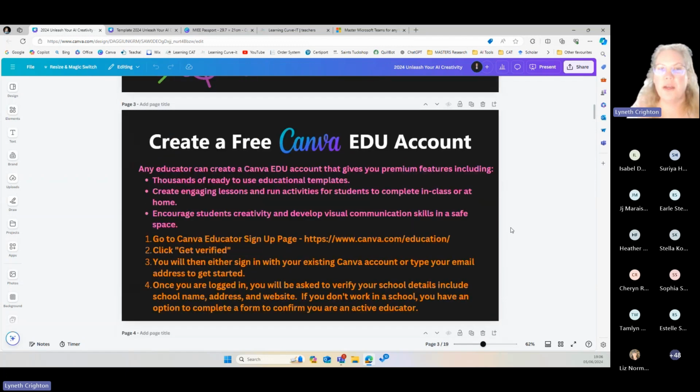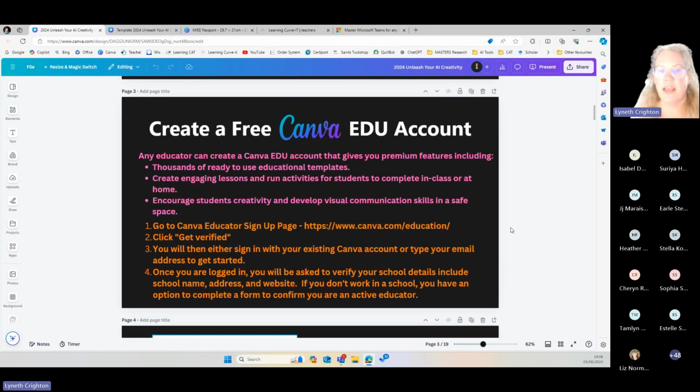The first thing about Canva is that it's free for anybody who can verify that they are a teacher. If you are in the position at school where you have a person who runs all your IT related, they can sign you up as a school, which is what our school did a few years ago, so that if a person uses our email address, they will automatically get a Canva for Education account free.